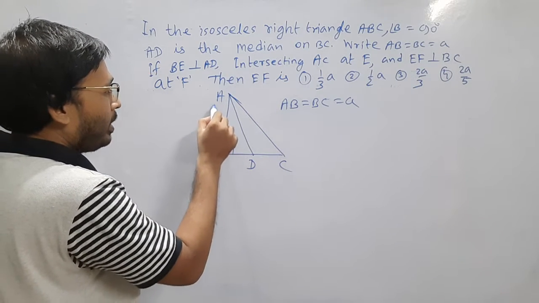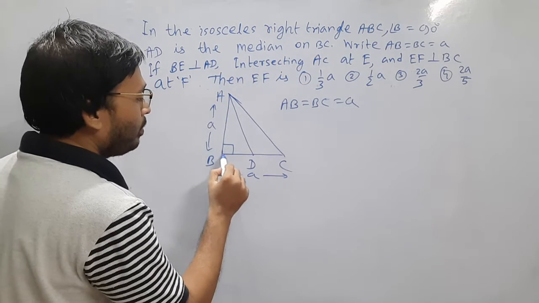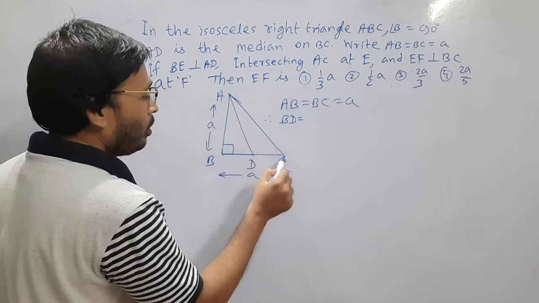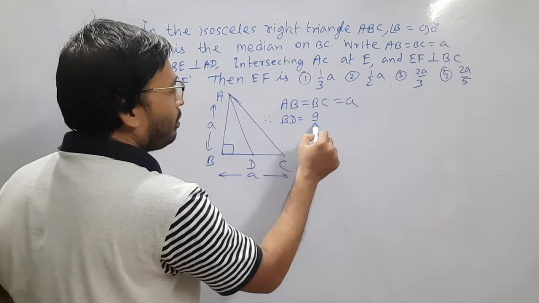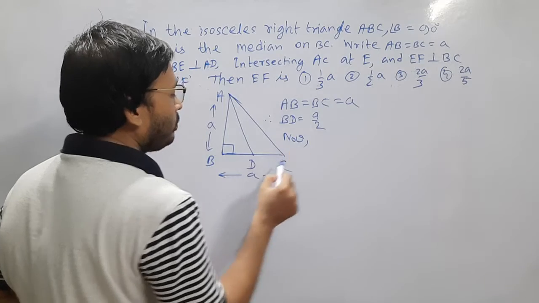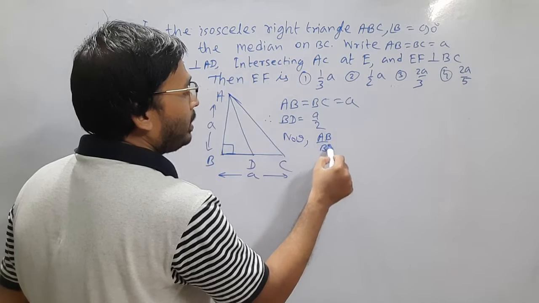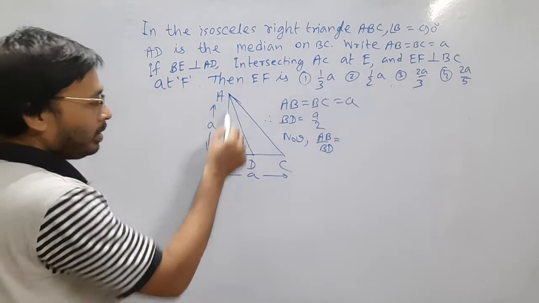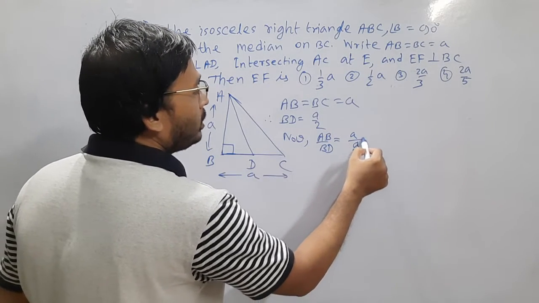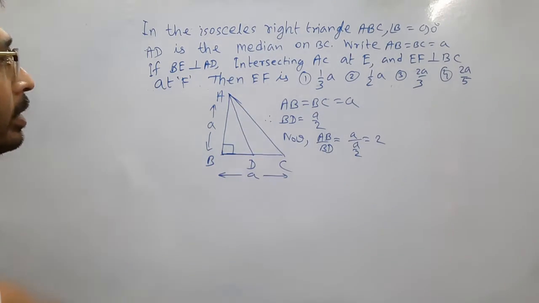Therefore BD is equal to BC by 2, which is a by 2. Now AB by BD is equal to a divided by a by 2, which is equal to 2. So AB by BD is equal to 2. Next,